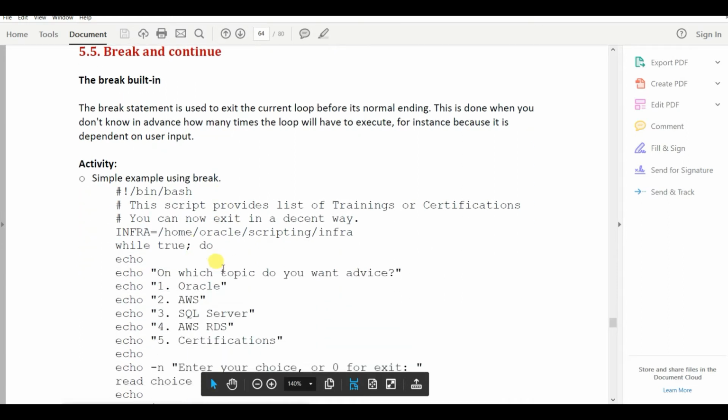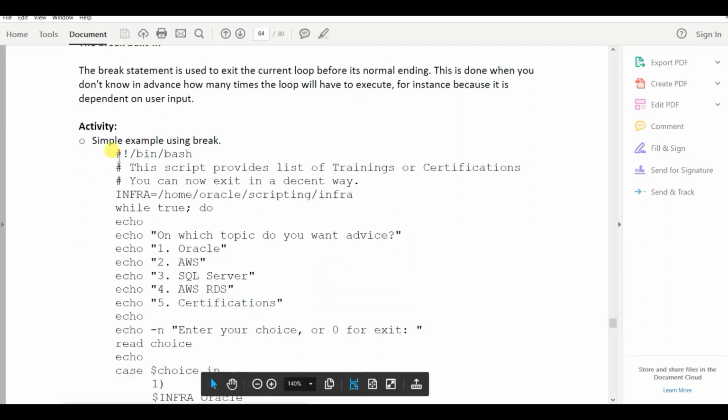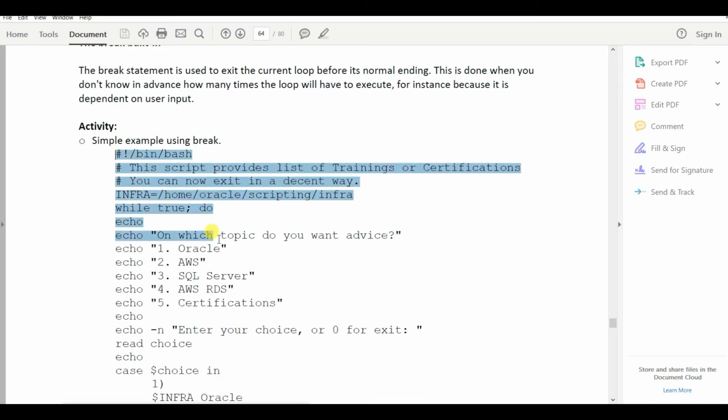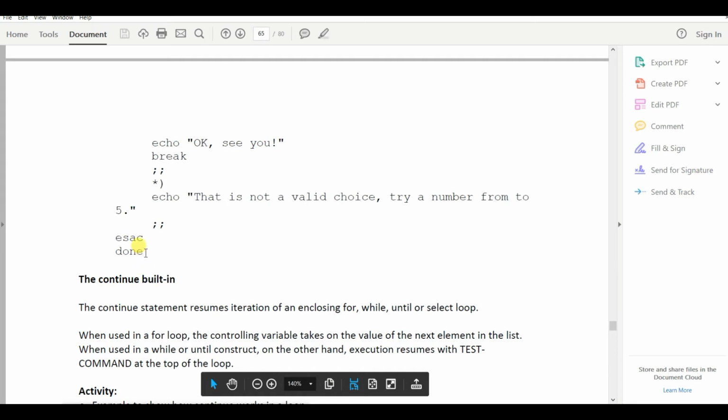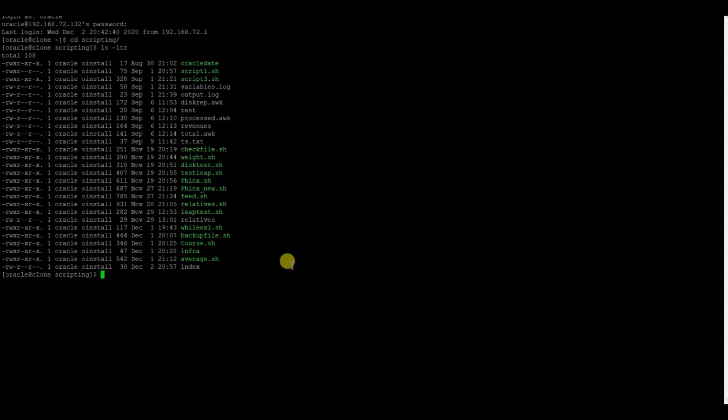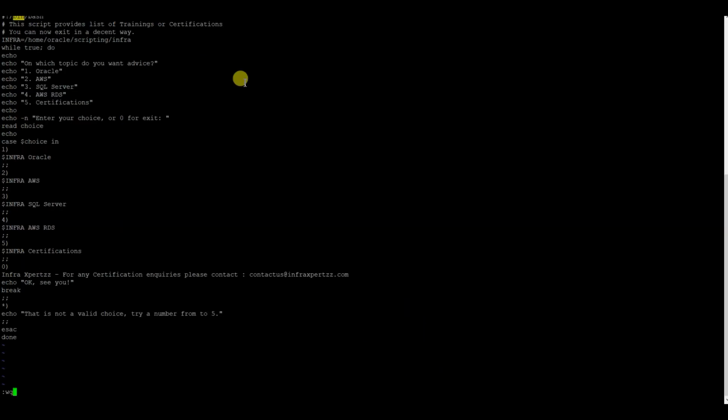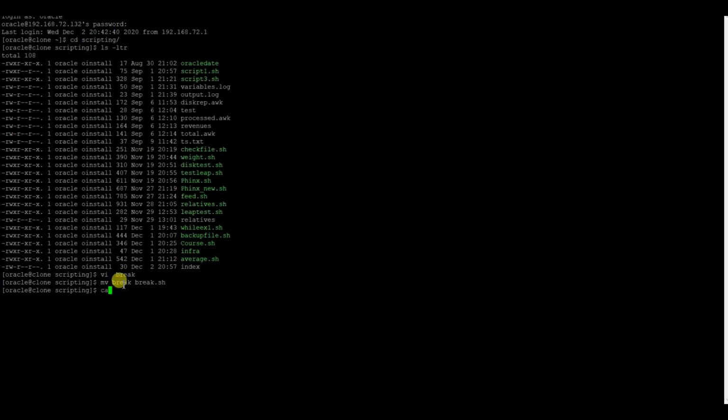So let us start with a sample example using break. I'll just copy it first before I explain the statement, and let me put it in here and save it.